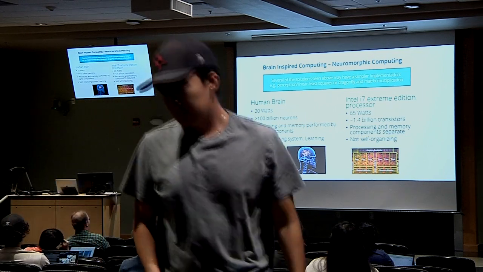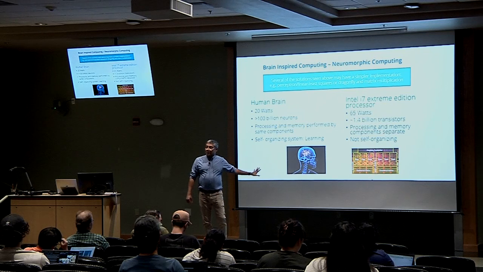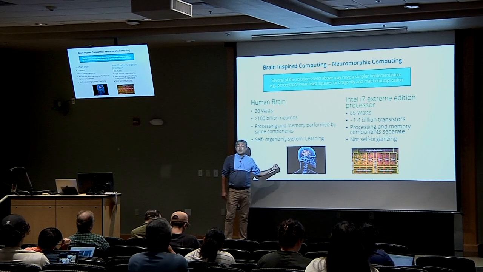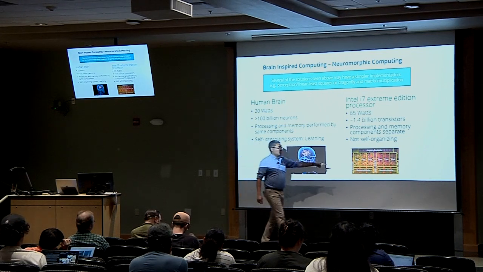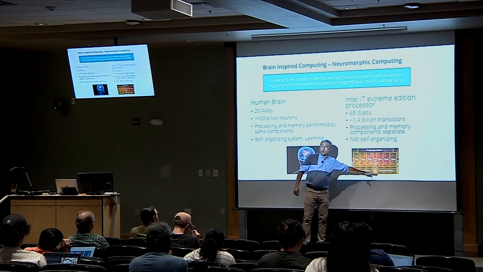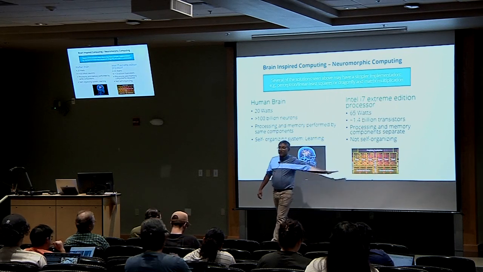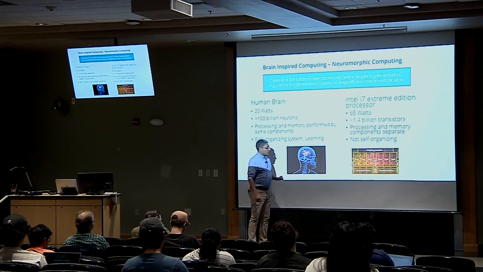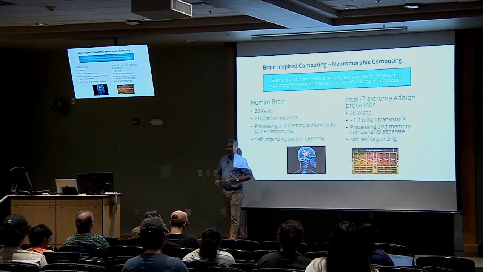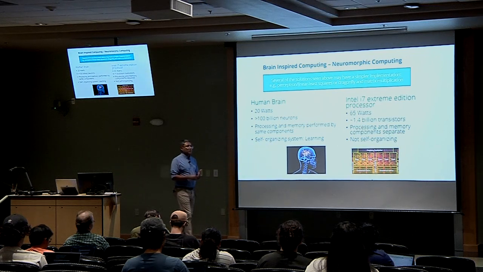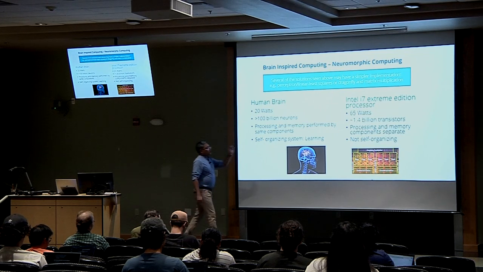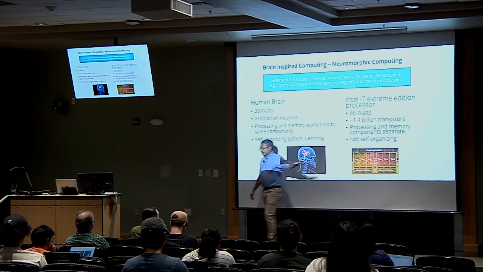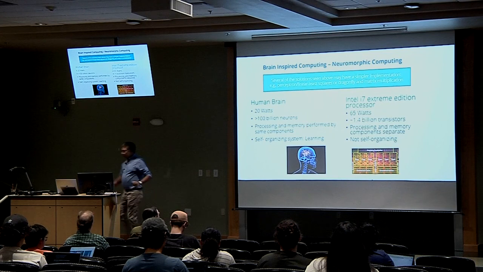The other point that I want to make is we may not have a choice but to start looking at different architectures, and this is one possible architecture. The reason being is the way we build these kind of chips, we're hitting a wall. You can't go smaller, you can't go faster, you need to rethink computing. And so one way to do that is look to the brain. And there are other alternative approaches as well. Quantum computing is one of them, or you can just do better modeling there and maybe shrink a little more, but eventually you're going to hit a wall. Physics is going to limit you.